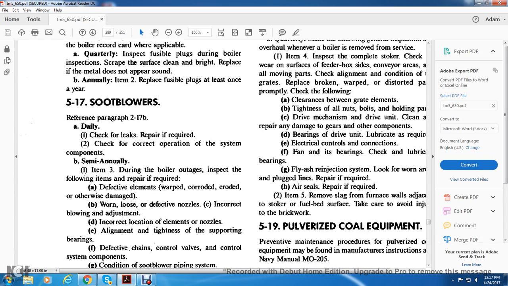517 soot blowers. Reference paragraph 217b. Daily, check for leaks and repair as required. Check for the correct operation of the system components. Semi-annual item: during the boiler outage, inspect the following items, and repair if required. Defective elements, warped, corroded,